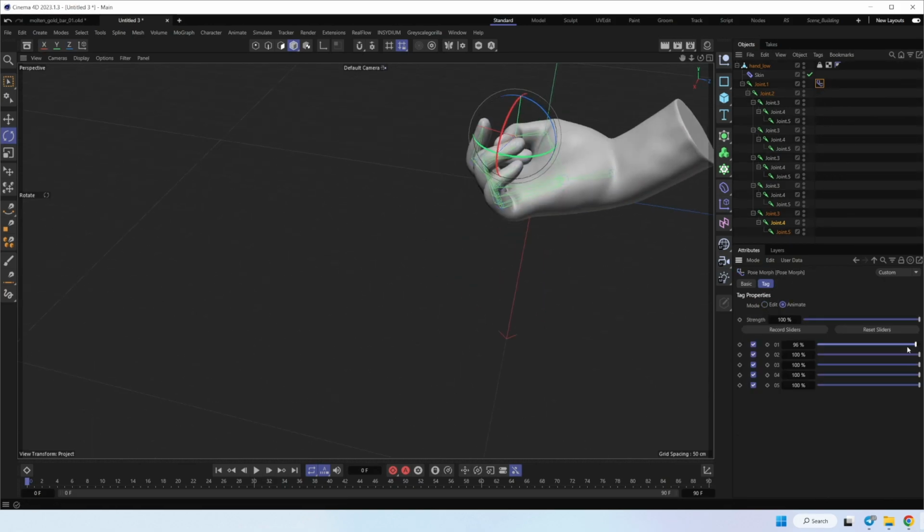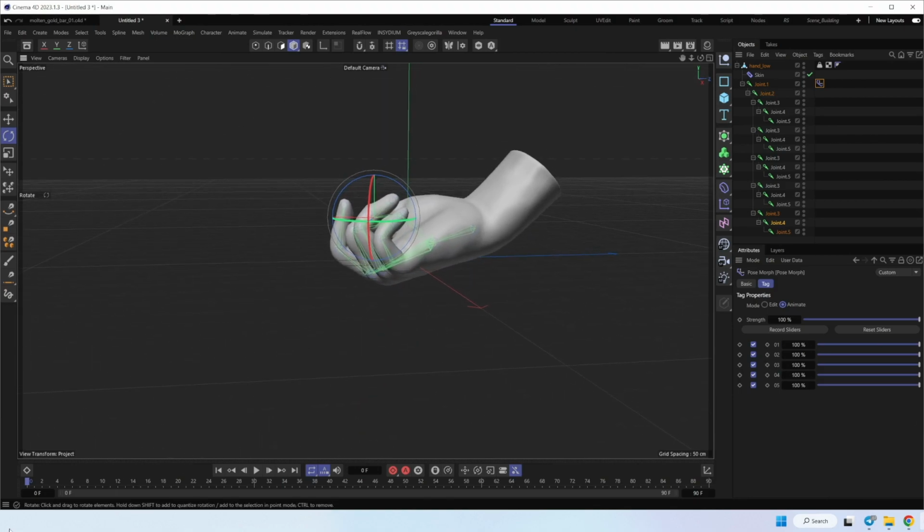Okay, now let's check all sliders, if they work correctly. Nice. Great, so now we can record animation for these sliders. Let's choose, for example, from frame 20.